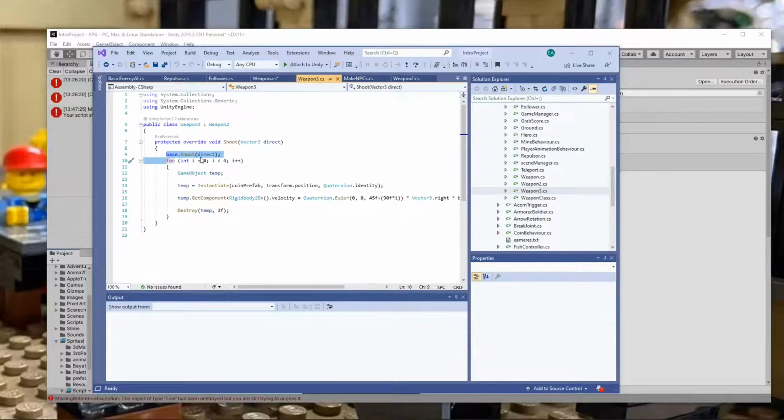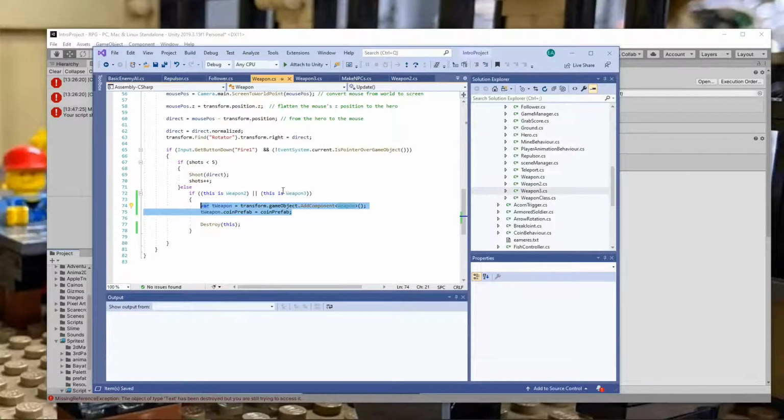And then ultimately it drops through and calls this version, which adds an additional 4 coins, this time at 45-degree angles. So we're shifting our rotation by 45 degrees, giving 45, 90 plus 45, 180 plus 45, 270 plus 45. That's how we get the rest of that starburst. So that's how the inheritance is working. We've actually inherited twice. Weapon3 inherited from Weapon2, Weapon2 inherited from Weapon, and Weapon inherited from MonoBehaviour as well. All right. So that's where all this is happening.